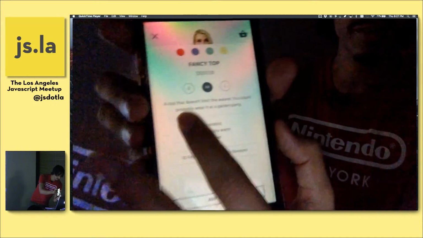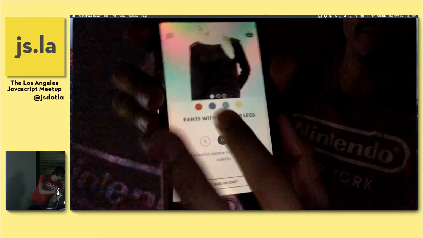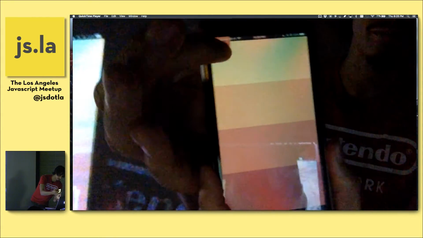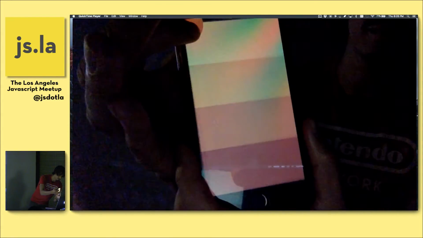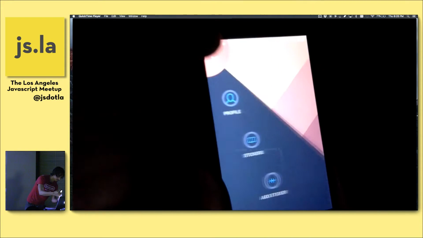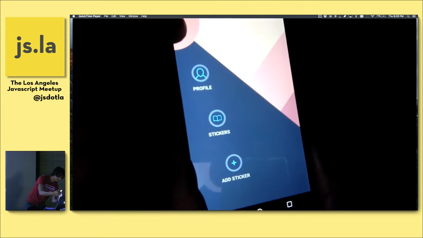This is an e-commerce UI that does like a 3D effect when you go between them. And here is a pull to refresh. Some rotation going on there. This is a big example of a rotating sidebar. I want to get that reaction again. Let's do it on Android. Cool.